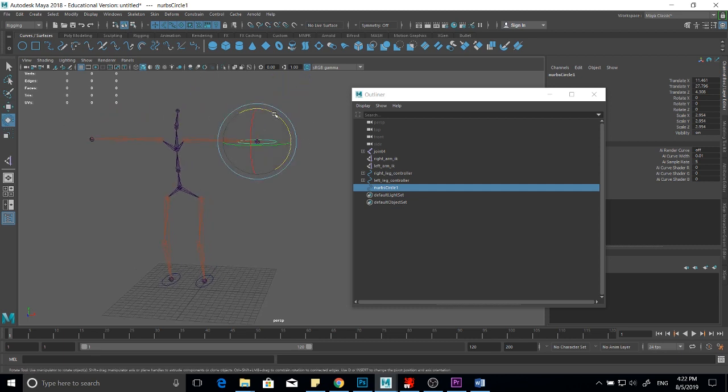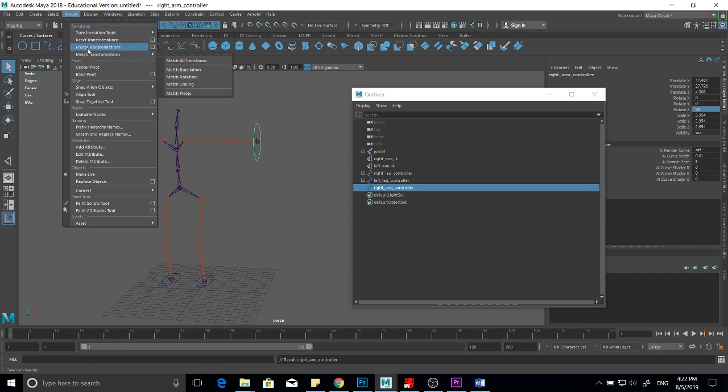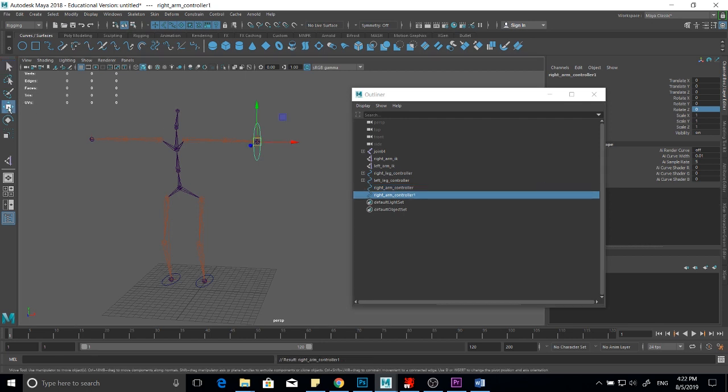I'm going to rotate this, right? So it's perpendicular to the parallel to the spine, and I'm going to name it right arm controller, and I'm going to modify freeze transforms. I'm going to shift D and move this holding the V key to the other end, and I'm